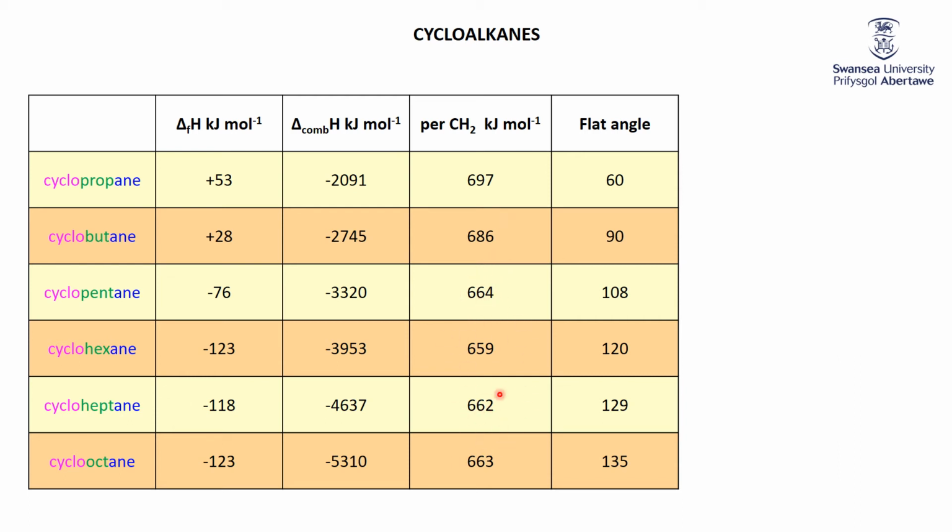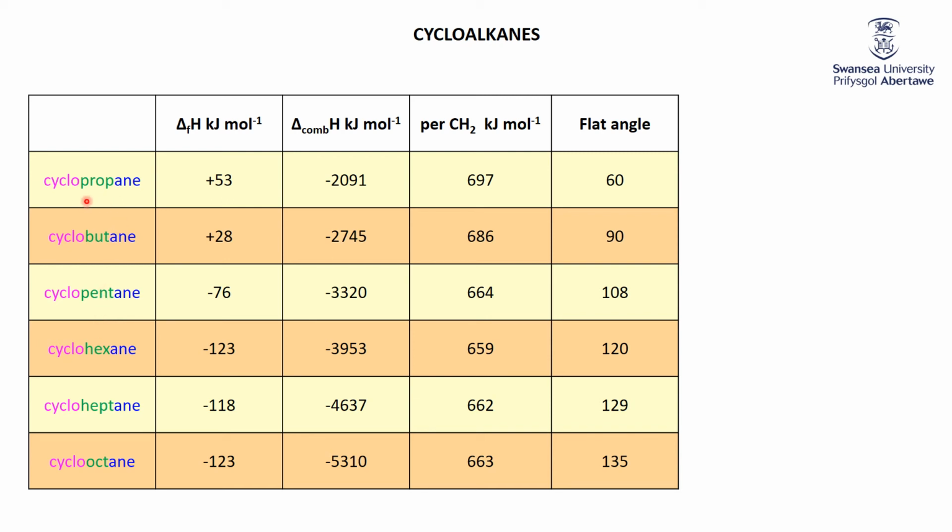Now, what that means is that when you burn them, because let's face it, you're just burning carbon-carbon bonds, carbon-hydrogen bonds, if you've got some extra energy there, it means that there was some extra energy stored up in these small molecules, a little bit of strain energy. Now we can see that by looking at the angles. If you think back to your VSEPR, all of these are carbons that have 4 bonds, so they should all be tetrahedral, so they should have angles of